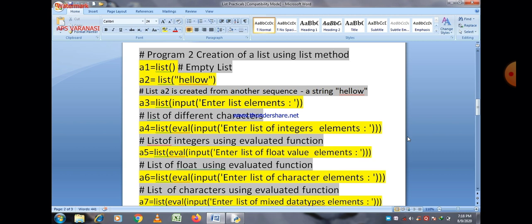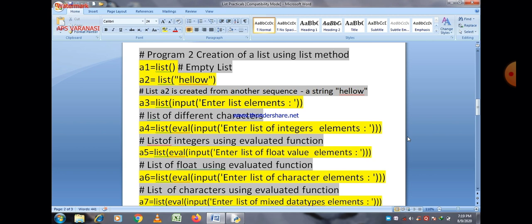As you can see here, first of all a1, and list is the name of the method, followed by parentheses which represent that list is a method. There is no value within the parentheses, or we can say no parameter value is passed within the parentheses, so this is an empty list of course. Then a2 is list of hello, which is basically a list of characters, and a string is passed within the parentheses.